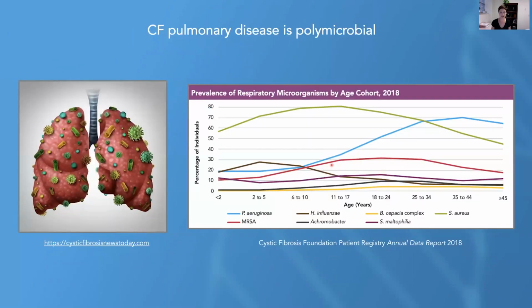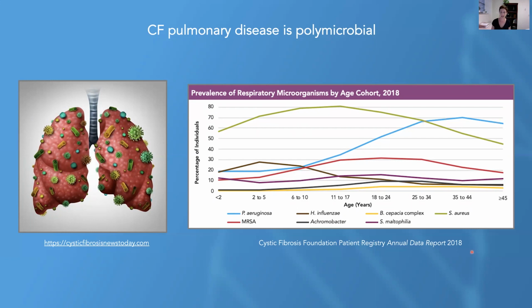So my lab studies polymicrobial infections in CF patients, and as such, I'm obligated to show you this slide from the Cystic Fibrosis Foundation, showing the percentage of individuals who are infected with different pathogens and that prevalence with age. And what you can see is that Pseudomonas and Staph are the two most prevalent pathogens in CF patients, and Staph is most common early in young patients and begins to decline, although less so than in previous years, as patients age. And in about the teens, Pseudomonas starts to become the most prevalent pathogen.